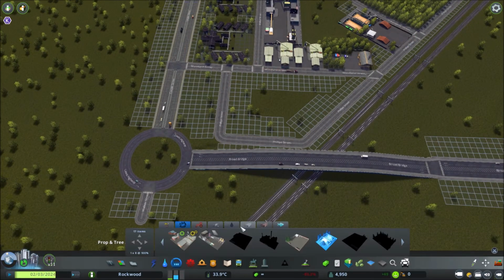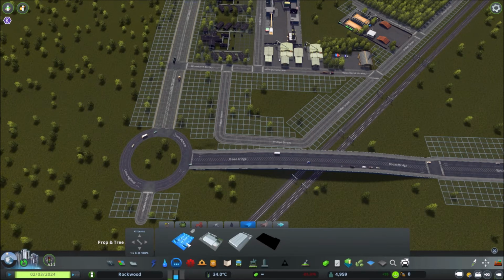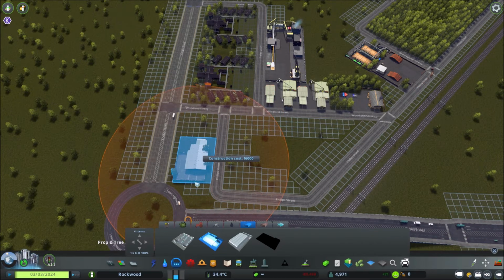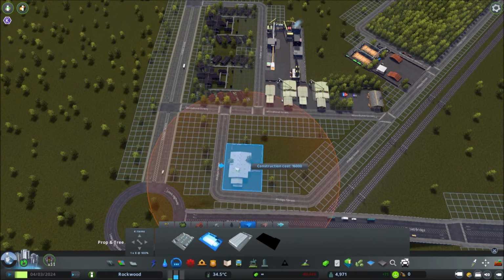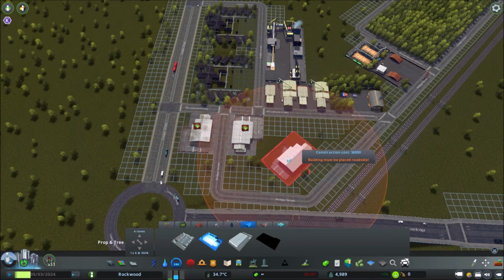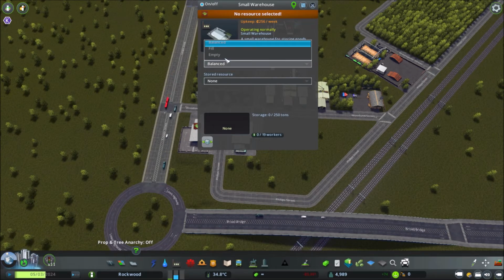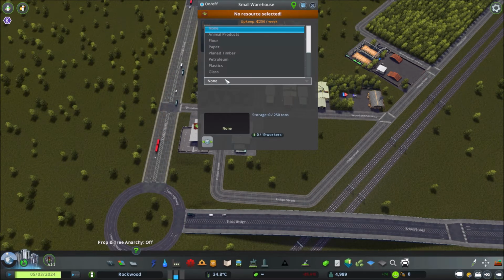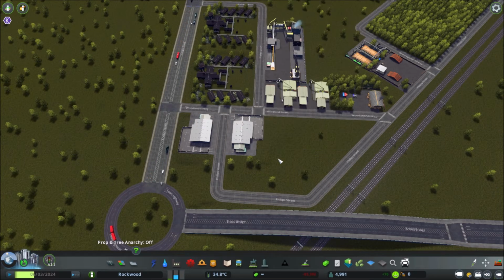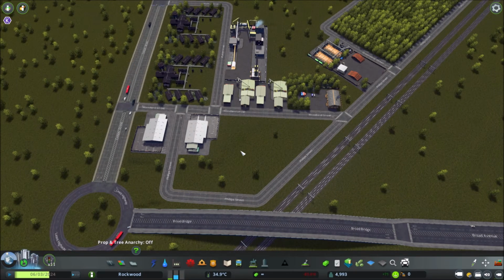Let's see if I can actually get some warehouses in. Is this the warehousing? Yes, this is the warehousing. I could do one here and not one there. So maybe I could do one here. Still not big enough. Well, maybe I could just do one on each side. Yeah, we'll do one on each side, and one's going to be for paper, and the other one's the planed timber one. There. That way, we can not bring in product, but we could store the product as it's getting produced, and